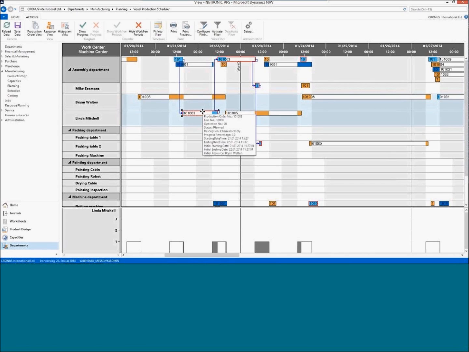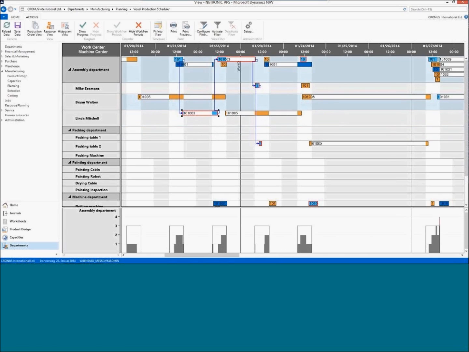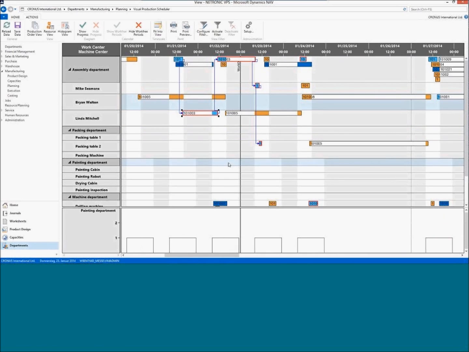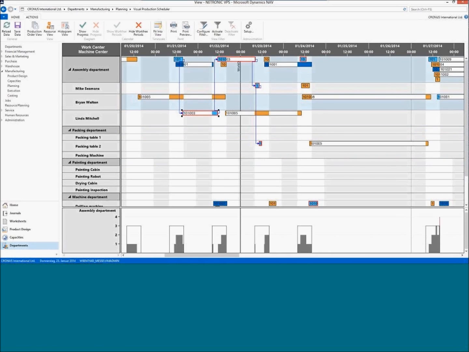So you can create a schedule where, for example, all operations would just rest on the assembly department line, on the packing department line, on the painting department line when you start this visual scheduler, and then somebody could go in here and say, okay, this job which had been scheduled to the assembly department now has to be done by somebody, and the shop foreman decides, okay,